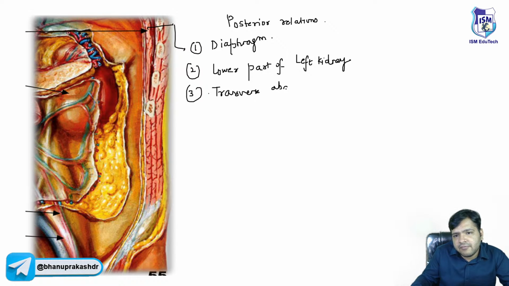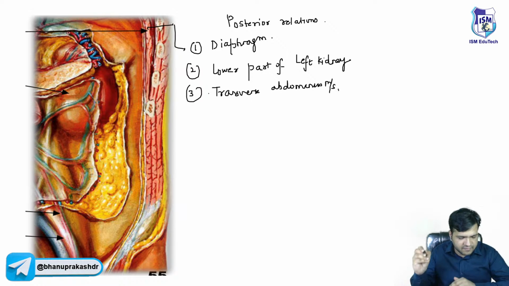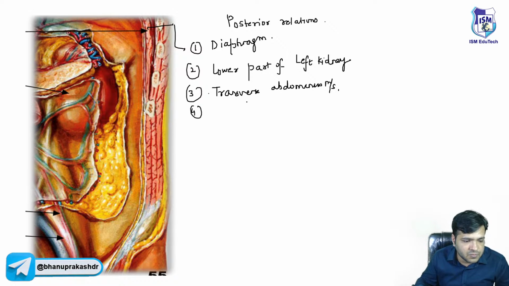Again, it will remain like everything same, transverse abdominis muscle. Yes, everyone is right. It is the transverse abdominis muscle. Then you already know we have quadratus lumborum muscle. Okay. So yes, left